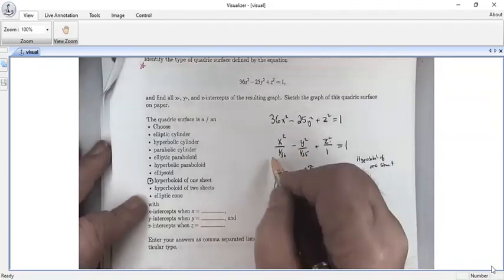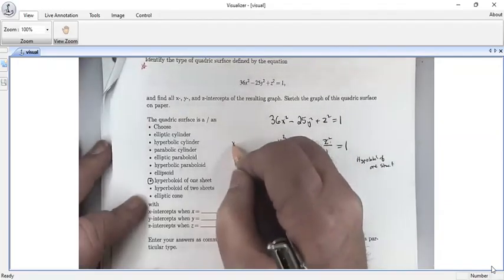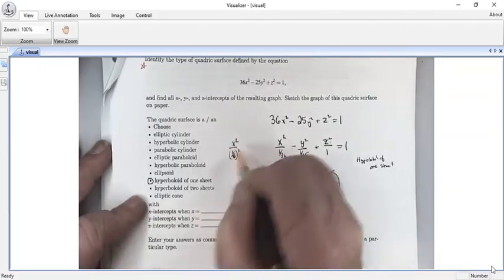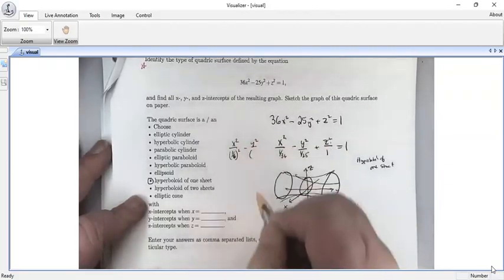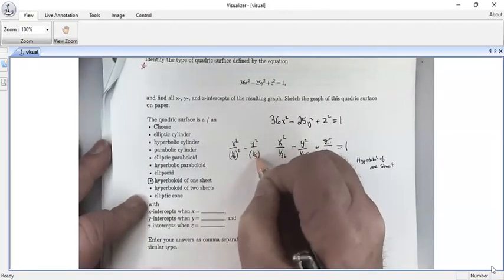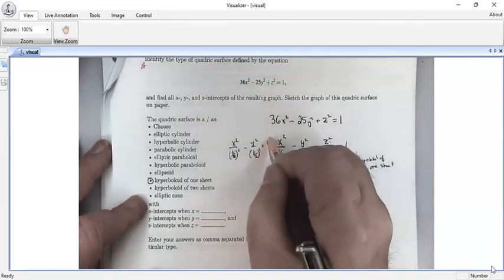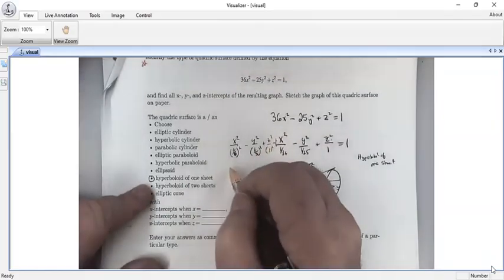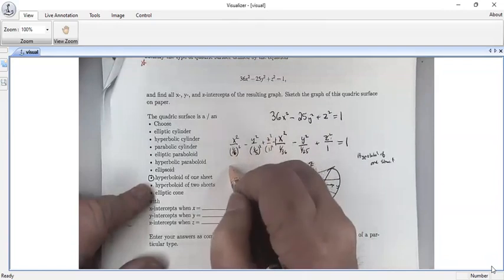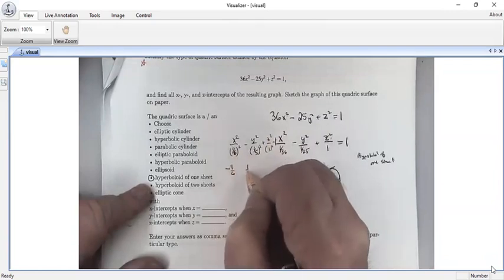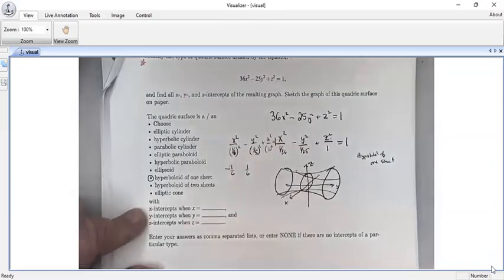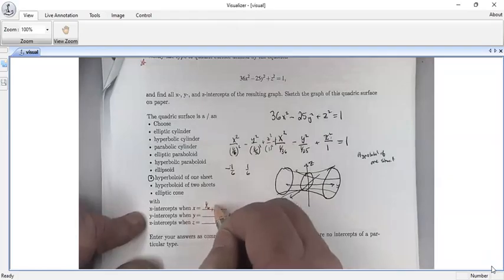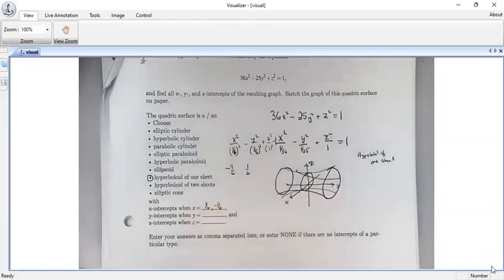And so if you'll notice over here, x squared over a would be 1 over 6. The 6 squared is that 36 thing here. Minus y squared over 1 over 5, well, 5 squared is 25. Plus z squared over 1 squared equals 1 here. So on this one, my vertices in terms of the x are going to be negative 1/6 and positive 1/6. So the x-intercept is when x is equal to 1/6 and negative 1/6, that's when it's going to cross the